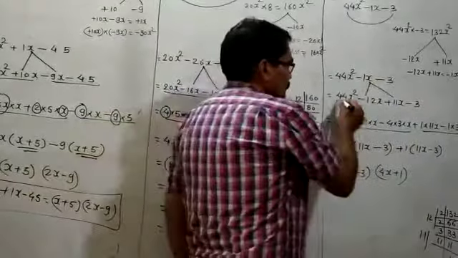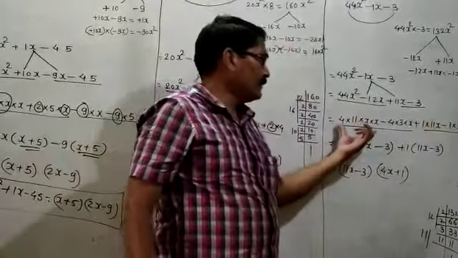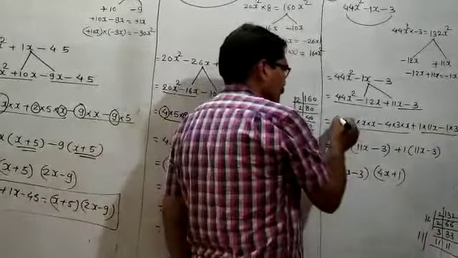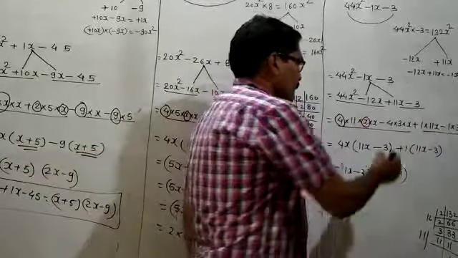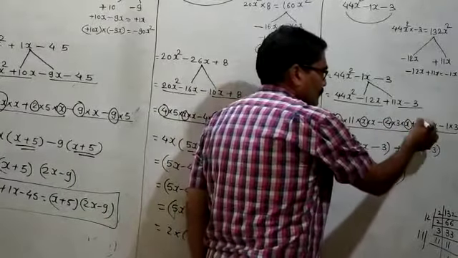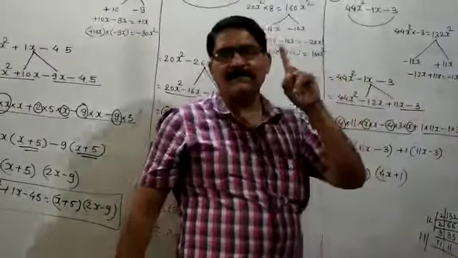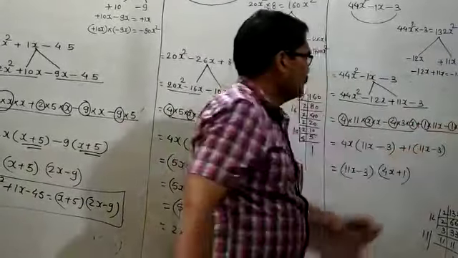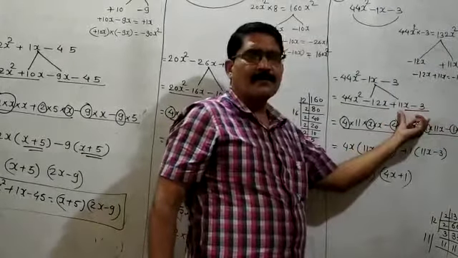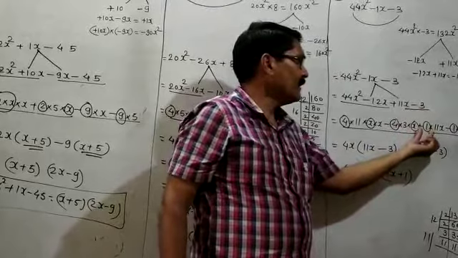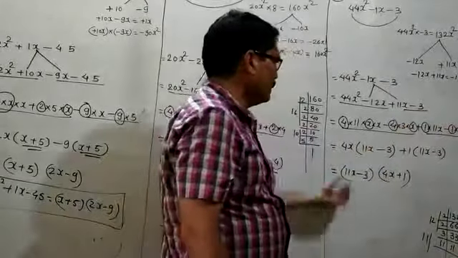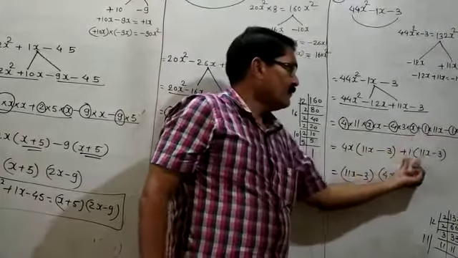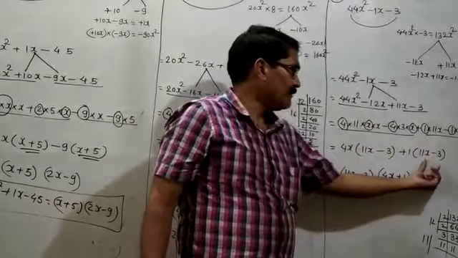So you have to group the first two terms and the last two terms. The first two terms you have to write in product form, and the last two terms in product form. From the first two terms you have to take out 4x common. From the last two terms, no term is common, so at that time 1 is common. So this 1 will come common because here 3x and 3, no term will come common. So 3x you will write as 3 multiplied by x, and this 3 you will write as 1 multiplied by 3. From the first two terms you will take out 4x common. Then 3x minus 3 remains in another bracket. Plus 1 we will take out common. Then 3x minus 3 will remain in another bracket.